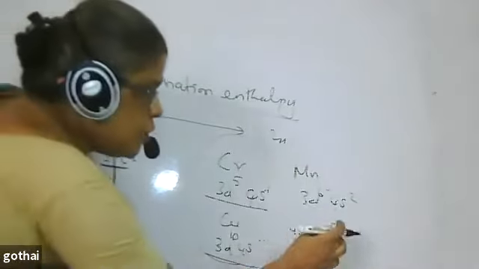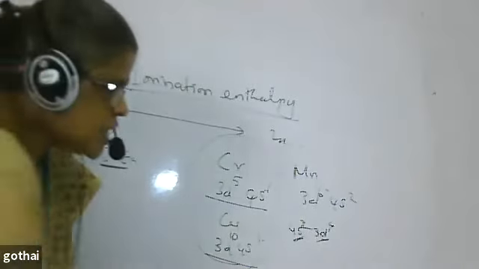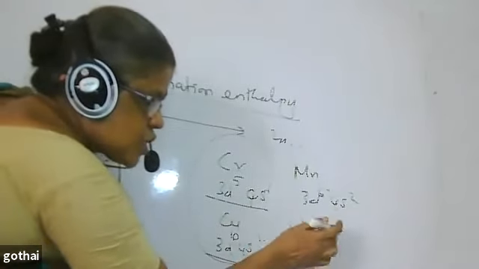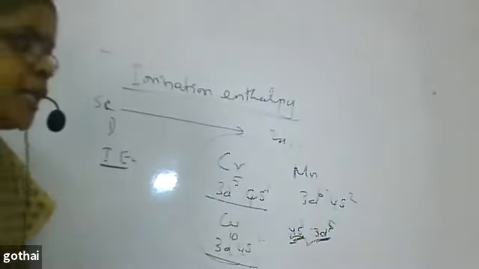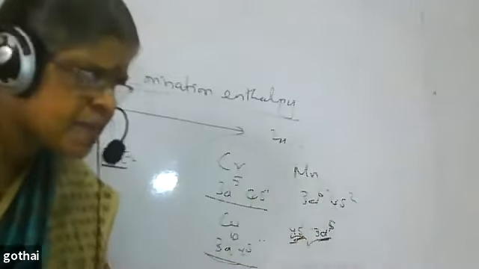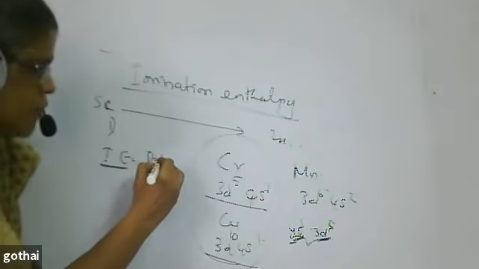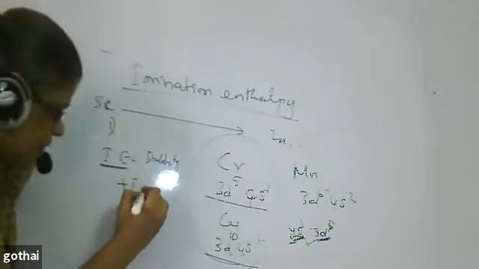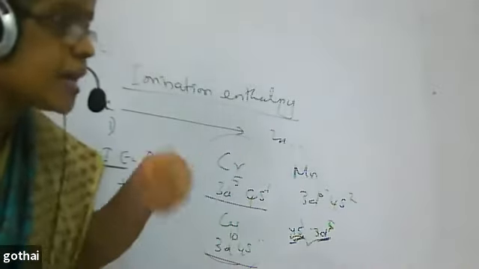If I want to make it, actually we will write like this. Understand? This is of higher energy, this is of lower energy. To attain the extra stability, this electron has to move from here to here. There must be some energy required. Even though the atom uses its internal energy to bring it up, it needs some energy. That energy, the stability energy, plus ionization enthalpy, plus there is another energy involved.